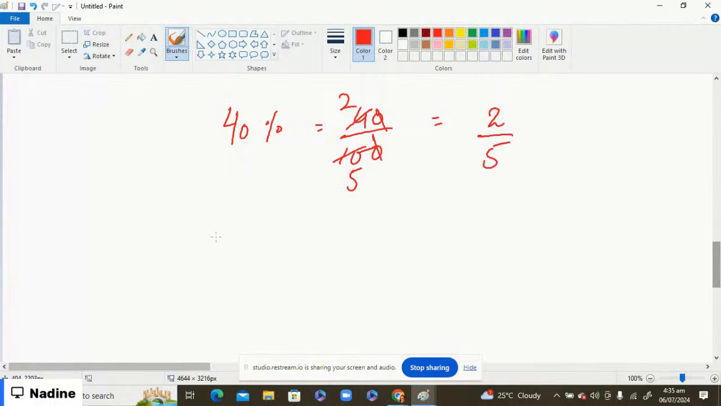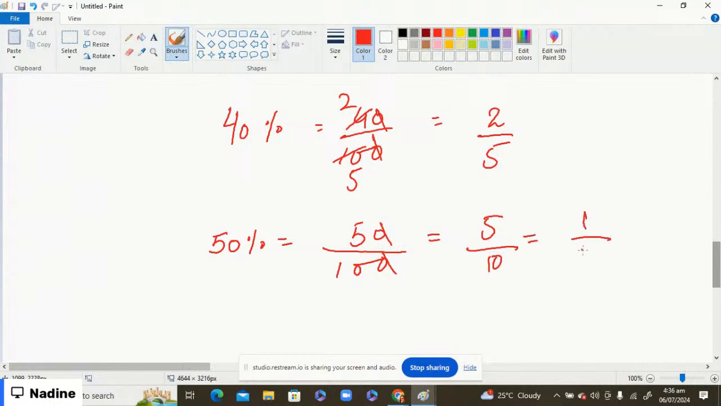If they are asking to find 50%, what does it mean? It means 50 divided by 100. Then this 0 and 0 should be cancelled, so here it is 5 by 10. Dividing it, it's 1 by 2. All right,